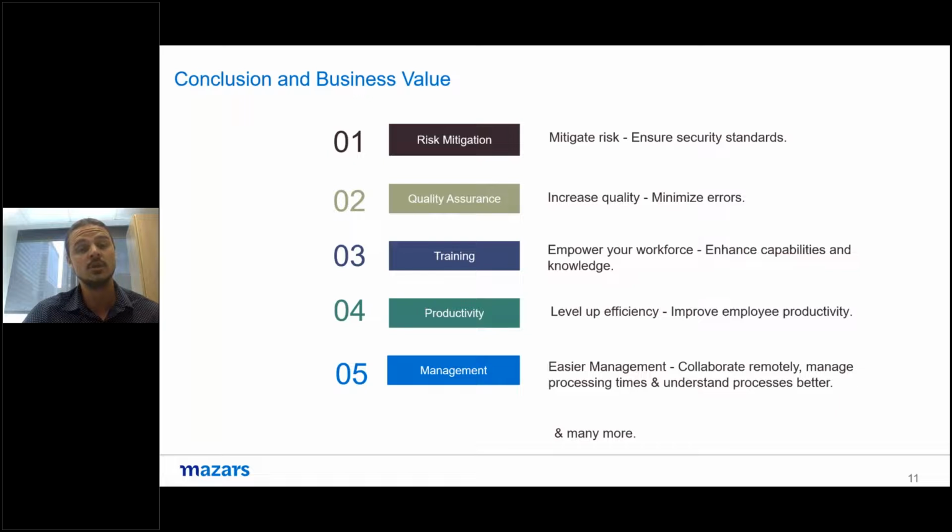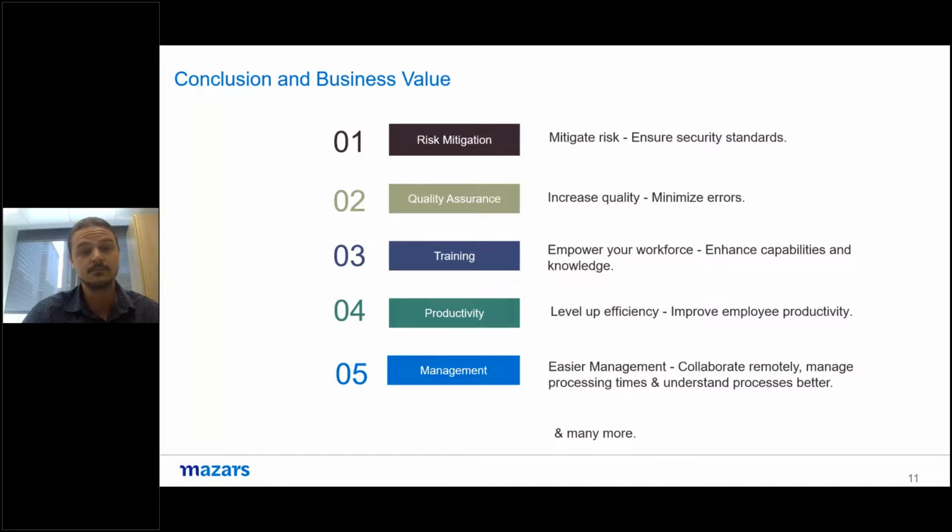Training is another aspect. Sharing knowledge and enhancing capabilities of your workforce, driving sustainable success, and it's important to stay competitive, of course, in the marketplace. So employees can not only be easily onboarded and trained on a new process operation, it also gives a self-service kind of feel, because it's interactive, and it helps employees undertake the business process training on their own. You don't need a trainer per se there, because it guides you through the process step by step. So it will also potentially cut your HR costs,